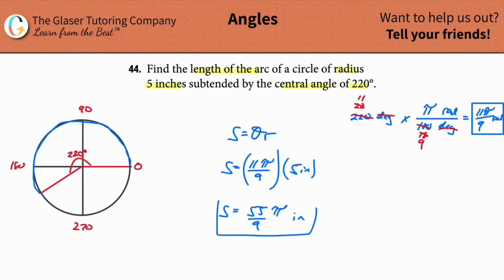That's the exact answer. But what does that mean in terms of a number? We'll take out the calculator, do 55 multiplied by pi, which is about 3.14, and then divide it by 9. So that works out to be about 19.2